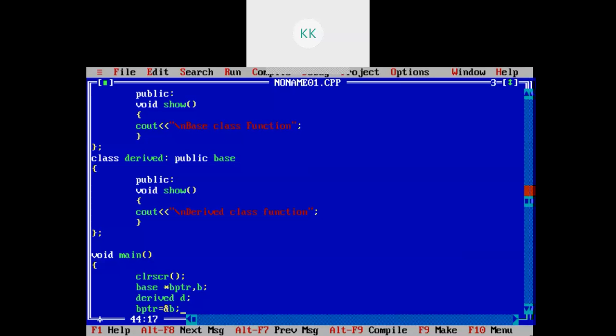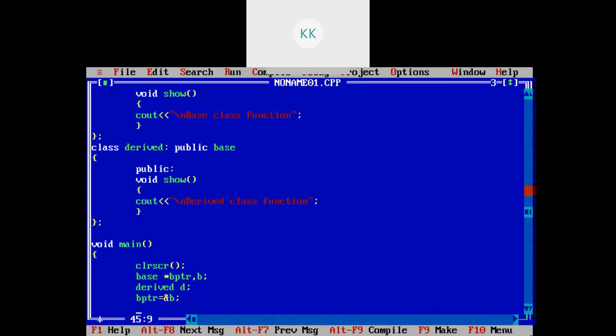Now I am assigning the address of the object to the pointer. Now let's see, bptr arrow operator. This arrow operator is used to access the members of the class.